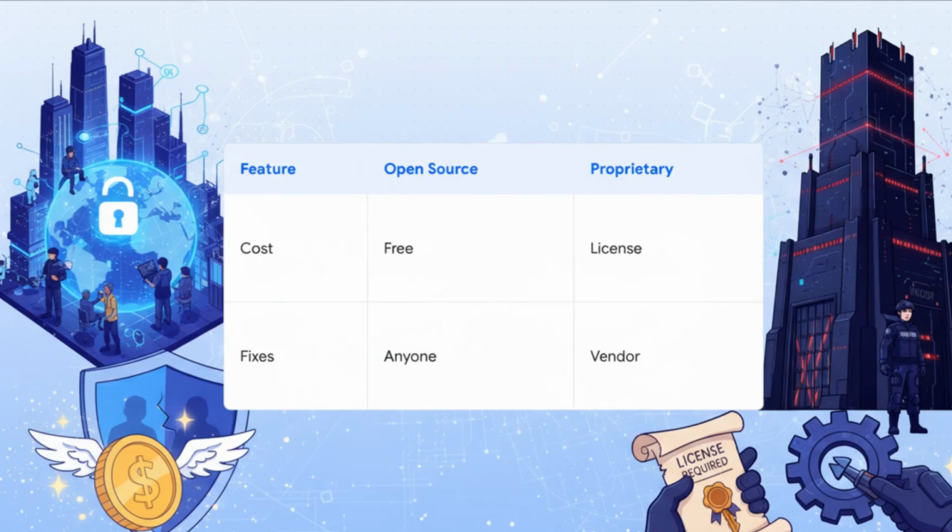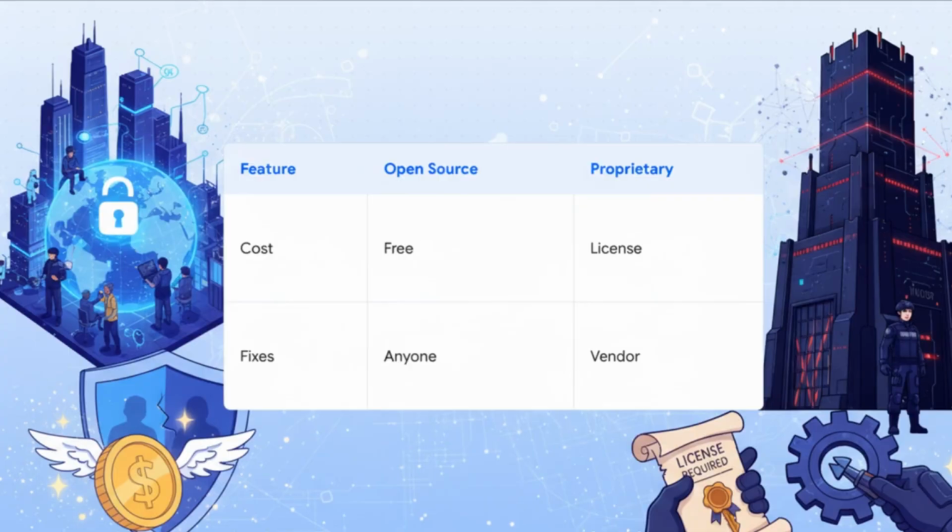Now, neither approach is perfect. They both have big trade-offs. Open source gives you insane freedom and flexibility, and it fuels rapid innovation because literally anyone on Earth can contribute. Plus, it's usually free. But because the code is wide open, hackers can study it too, meaning security is handled very differently. Proprietary software, on the other hand, limits outside innovation and usually costs money, but it offers tight, exclusive control over the whole ecosystem. If something breaks in a proprietary system, you've got to wait for the vendor who built it to push an